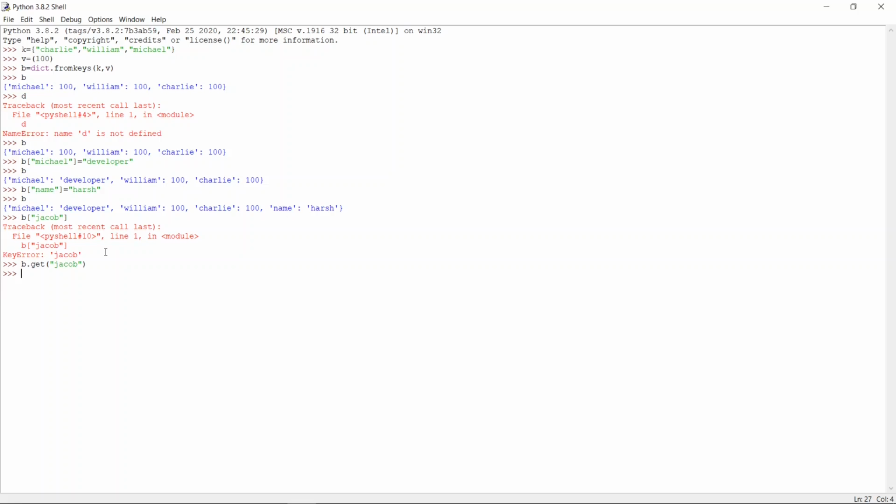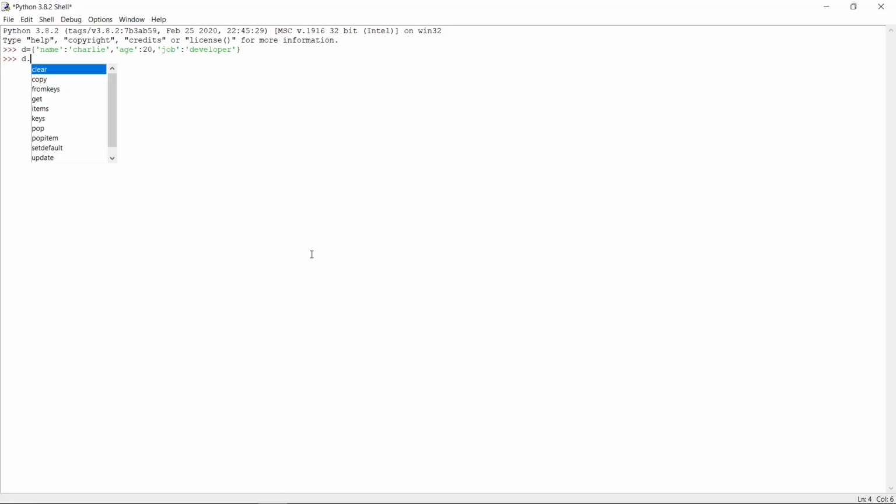It will keep quiet. Get keeps quiet if there is no value. If you want to get any value, you can get it here. Just enter and it will print Arsha.